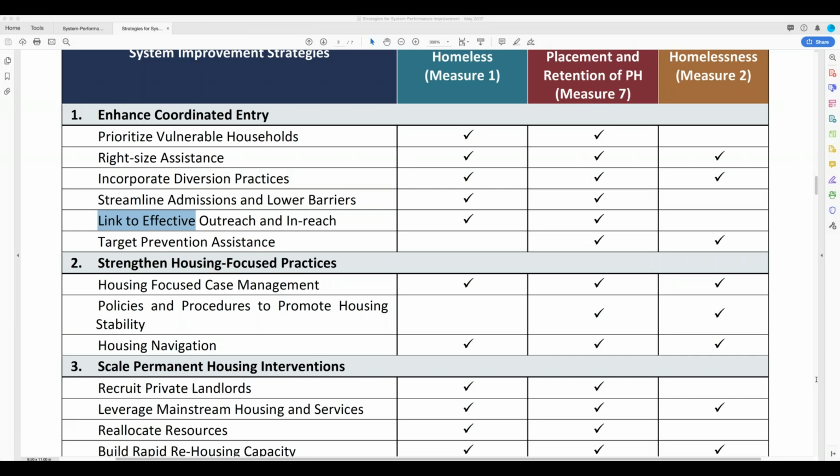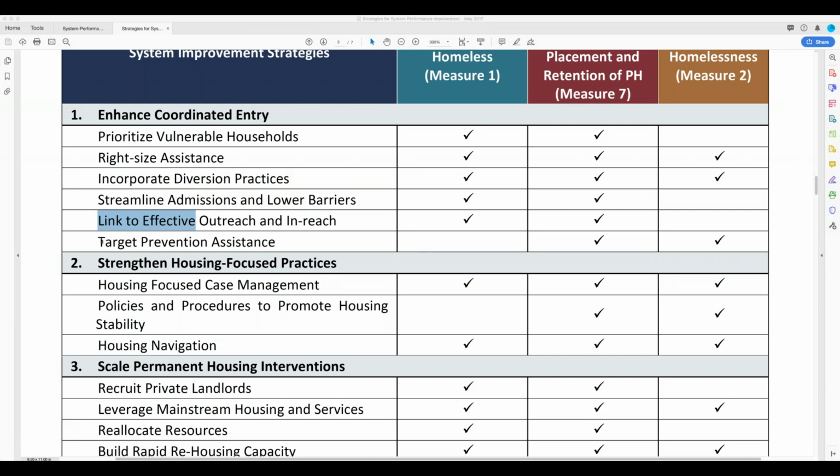So the difference between in-reach and outreach is basically that outreach would be someone who is not already potentially engaged or in a program or shelter that we are working with in the CoC. And in-reach would be actually saying, who do we already have that's being provided assistance, but is not really engaged in their own housing plan? How do we get those folks on the road to recovery if that's necessary, but also to housing stability?